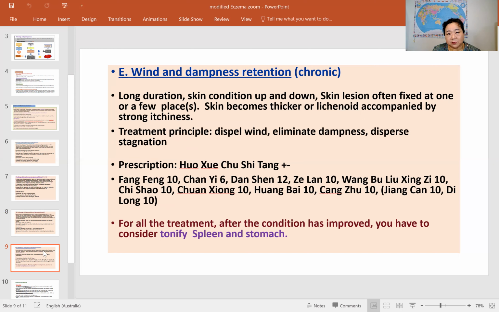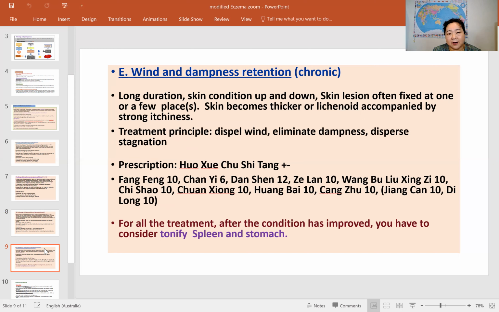The treatment principle is dispel wind, eliminate dampness, disperse stagnation. We use 活血除湿汤. Here, if you want to, you can stop the screen and look at the ingredients,